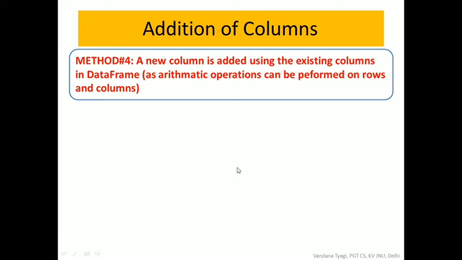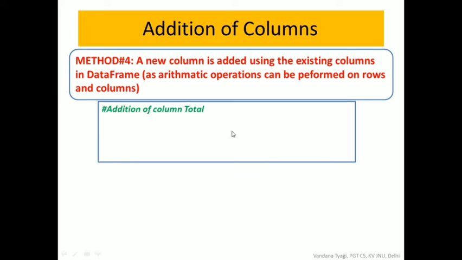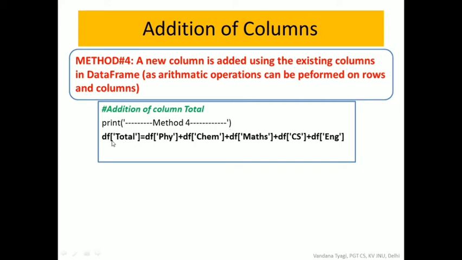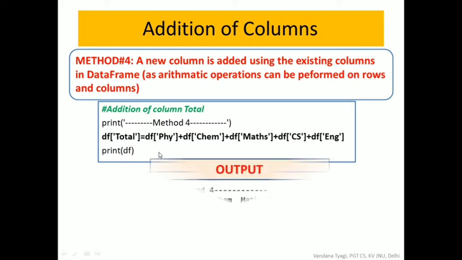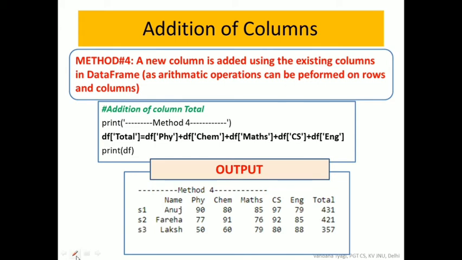Now there is one more method to add a column by using the already existing columns. For that we have to use some arithmetic operations on the rows. We will see this structure only. We have added all the marks over here. Now we want to add a new column total. So to add a new column total, we define df['total']. Inside the brackets we define a new column label and pick up all the labels from the data frame and put the plus operator between them, because we want to add all the subjects' marks and the result will be stored in total. So when we print df, we find this total is printed.